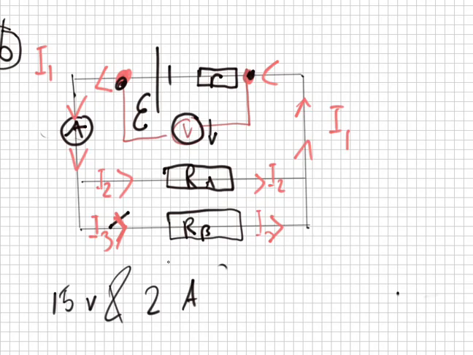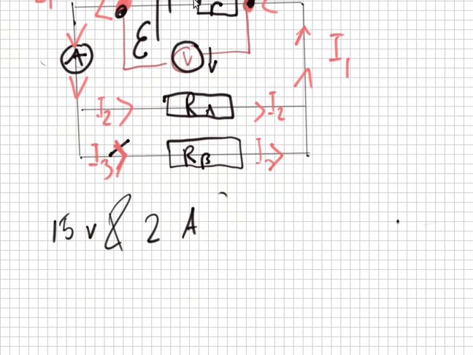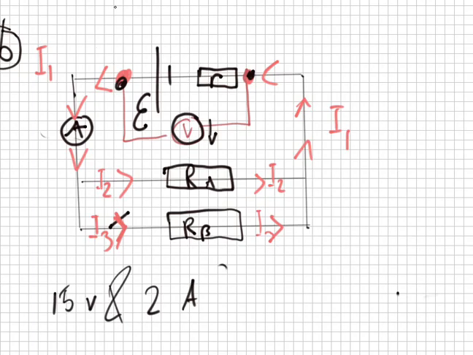Now, write a new equation. So now we need to write another equation. Again, we could use the loop rule, we could use the junction rule, but I think because they want E in the equation, we need to use the loop rule. So should we go on the inner loop or the outer loop now? Which one would be a little bit better? I think the inner one, because we have the value of the resistance on the inside one. So we get here, I'll write up the top, E